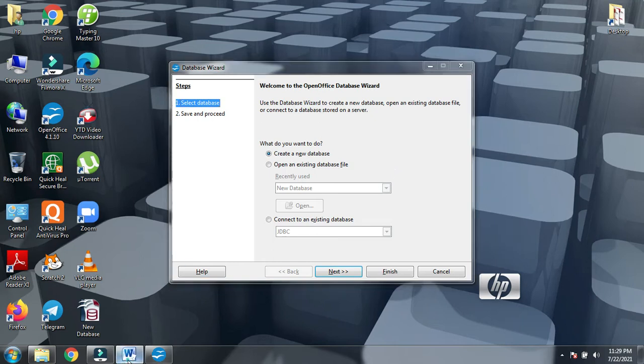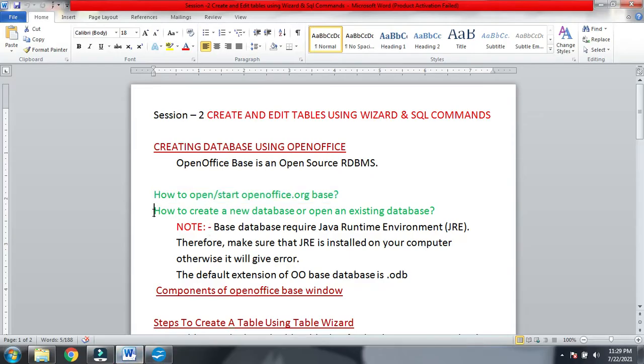Now the second topic is how to create a new database or open an existing database. A database consists of so many tables. Multiple tables combined together create a database. For example, if I have a very big, very thick book, in that book I can create multiple sheets having multiple tables. Likewise, we can create a database which will have so many tables.